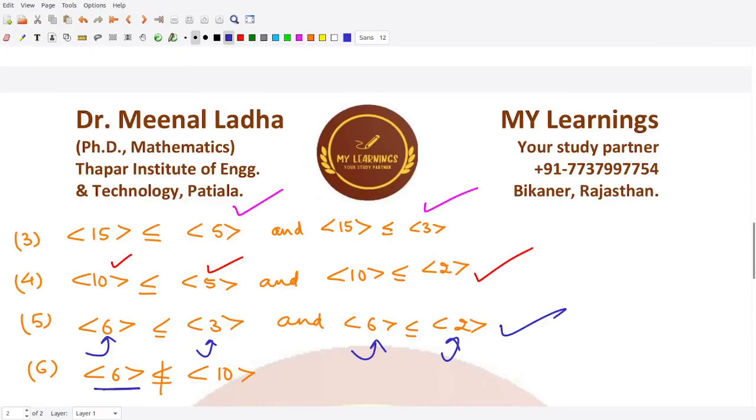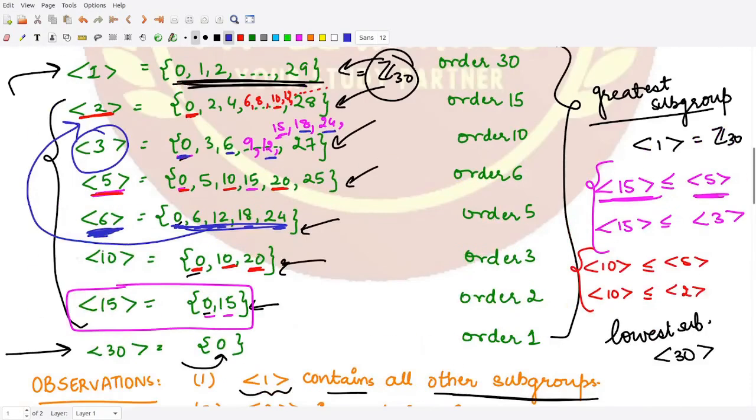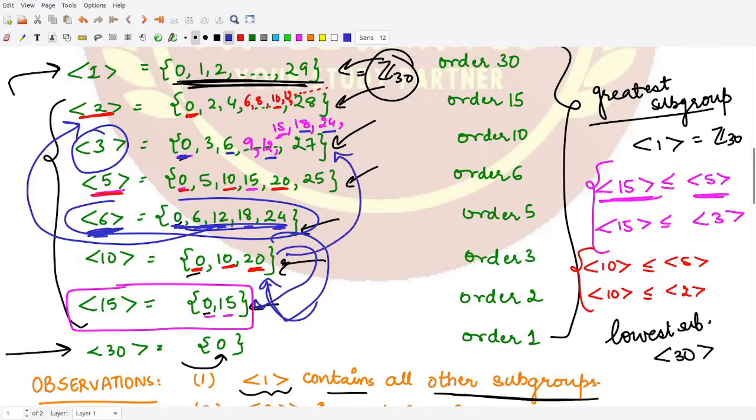And you see the subgroup generated by 6 is not a subgroup of the one generated by 10. Why? Because all the elements of 6 here are not present in 10. Similarly, other negations could also be calculated: that 10 is not a subgroup of 15, 10 is not a subgroup of 3, and so on, right? So that means you cannot compare the subgroups generated by 10, generated by 15 and generated by 6 with each other. Then we have one more comparison: you cannot compare the subgroups generated by 2, generated by 3 and generated by 5. So they would have the same level,